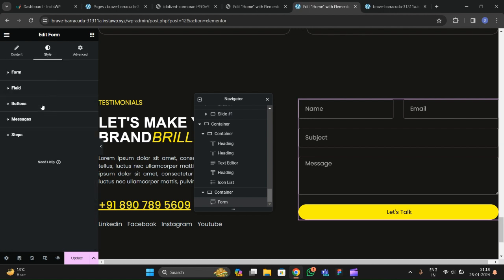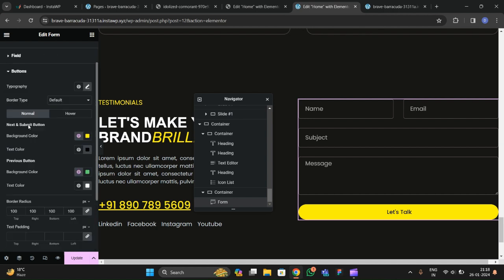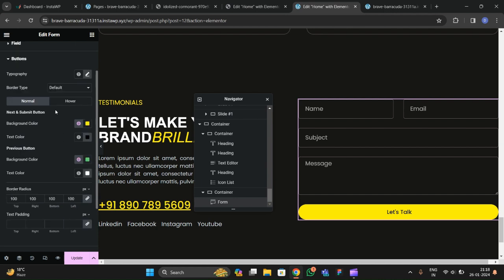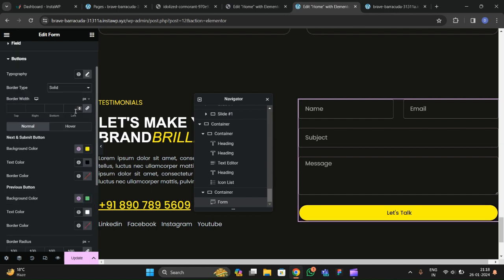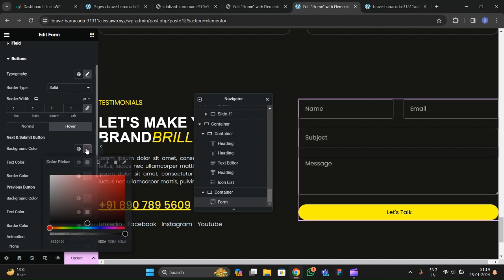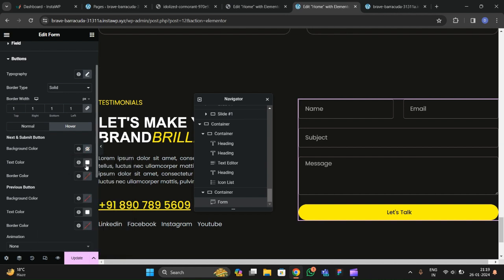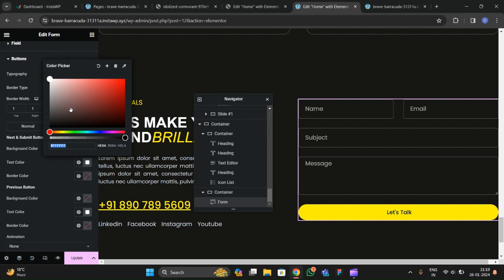Okay, so after that, now we have to go to the border. Here choose solid, and for the border choose one. And for the border color, I'm gonna choose the yellow again. And on the hover, we're gonna choose background color as transparent, and text color would be